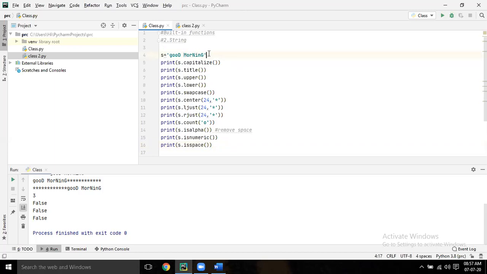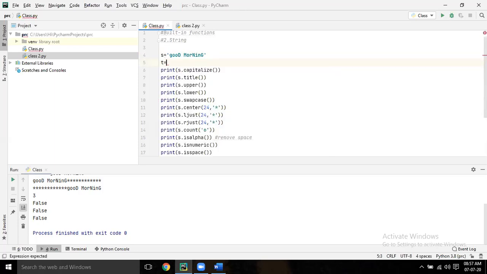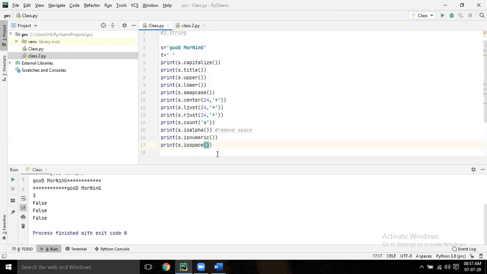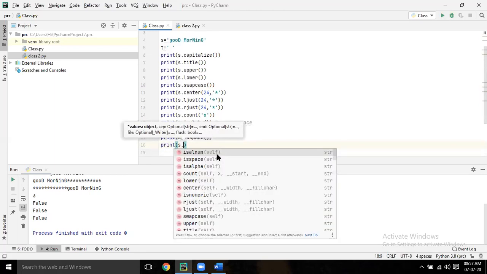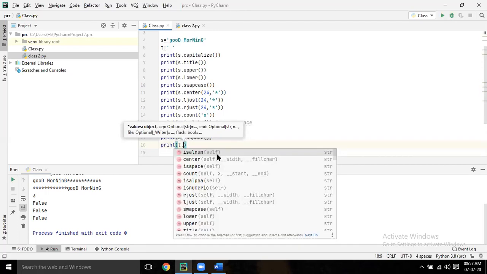Take, let's say, t equal to another one. Single quotes only, give a space. Now print t dot isspace.